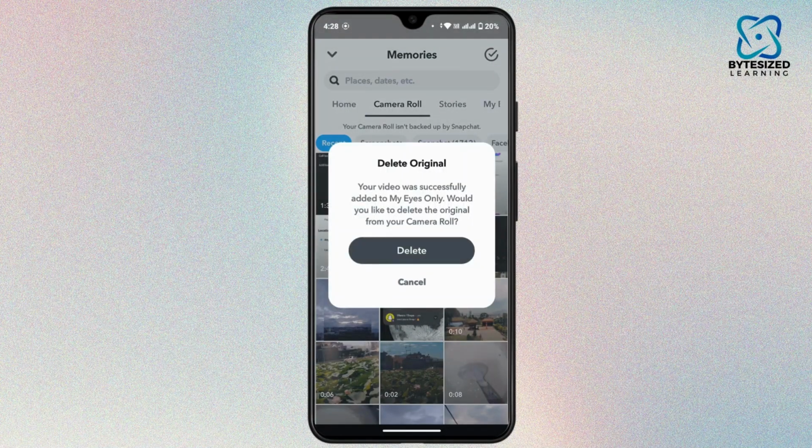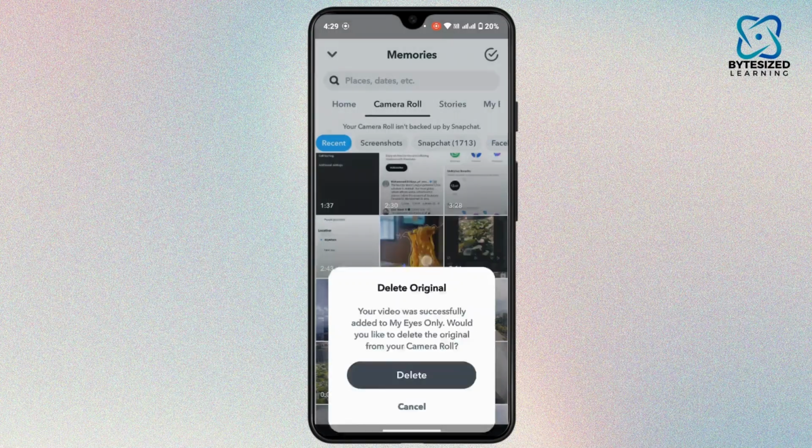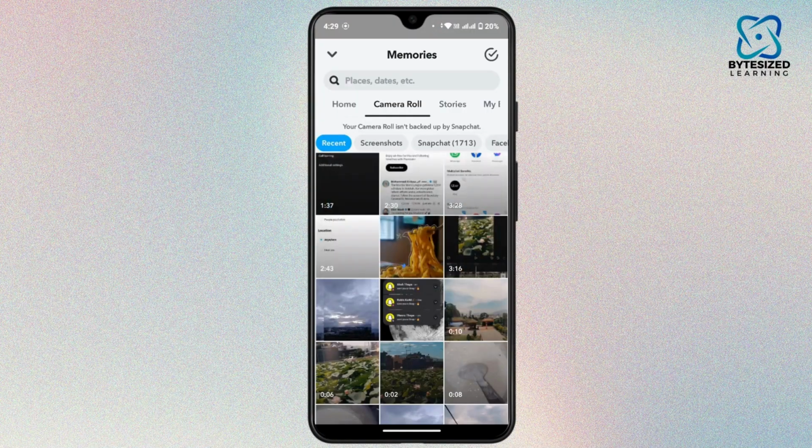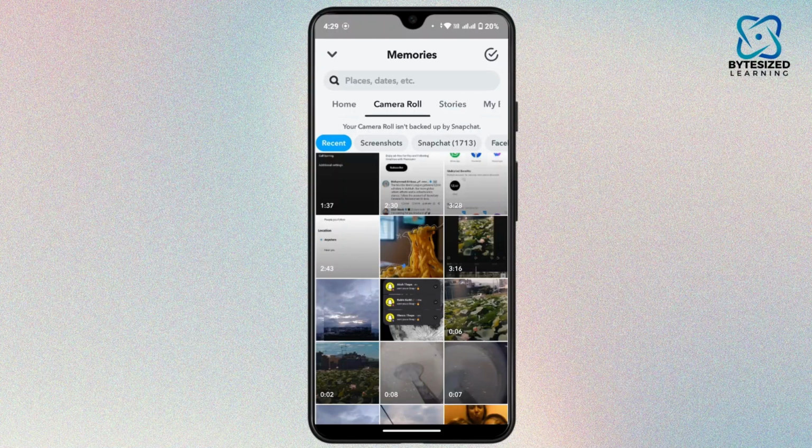Once the video get moved to my eyes only, then you will get an option to delete the video from camera roll. So tap on delete. Then tap on allow. Now the video will get deleted from your camera roll and it is moved to your my eyes only section. So first of all, head over to the menu bar from the top of this interface